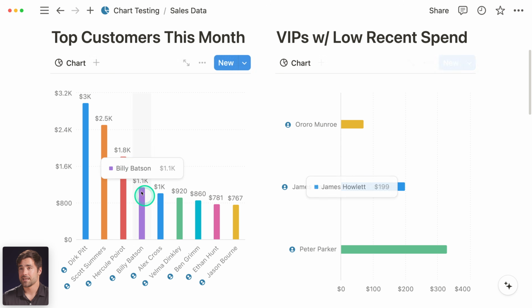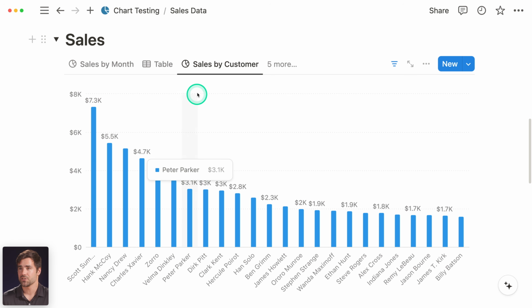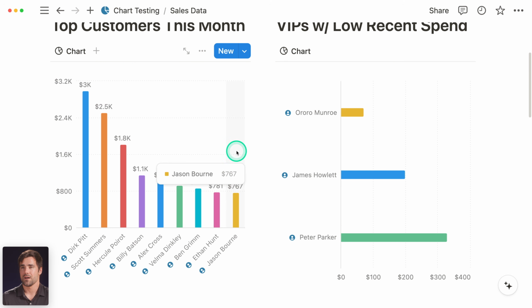Now, before we create this top customers this month graph, I want to show you a simpler graph down here. This one is called sales by customer. And as you can see, the data points are a little bit different here. Scott Summers is our top customer with $7,300 spent at our shop. Thank you for your business, Scott. We got Hank McCoy, we got Nancy Drew,